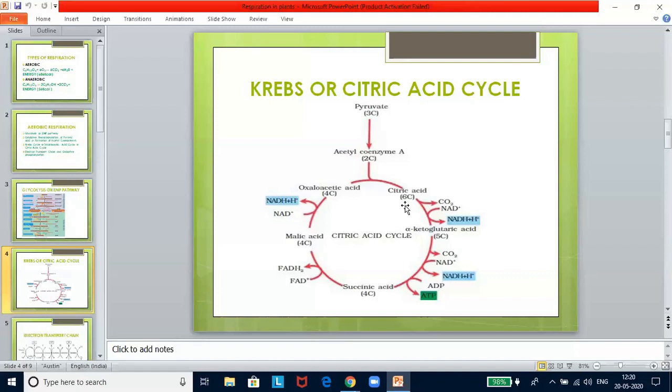Now what is the significance of the Krebs cycle? Two molecules of acetyl coenzyme A on subsequent oxidation will generate 6 NADH2 and 2 FADH2. When 6 NADH2 and 2 FADH2 enter into the electron transport chain, they generate 22 molecules of ATP. In one step, there is a substrate level phosphorylation which directly yields 2 ATP molecules. So, every 2 molecules of acetyl coenzyme A entering the Krebs cycle generate 24 molecules of ATP. So, primarily, it is an energy producing system.